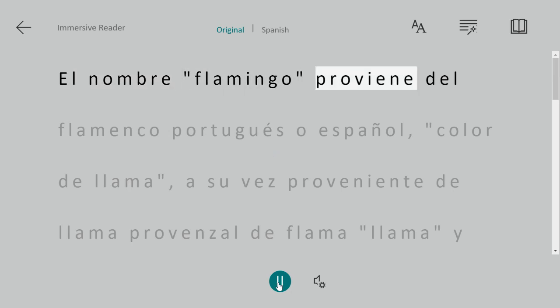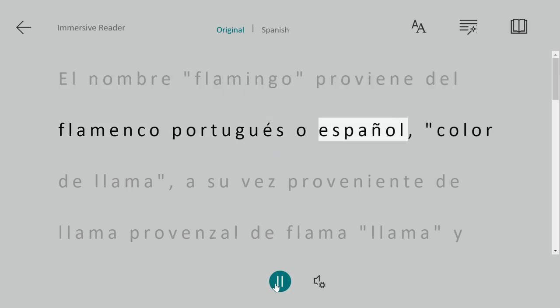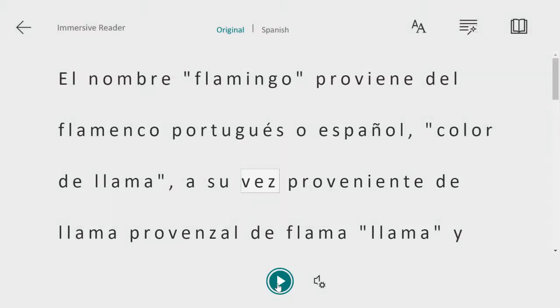El nombre flamingo proviene del flamenco portugués o español, color de llama. A su vez,